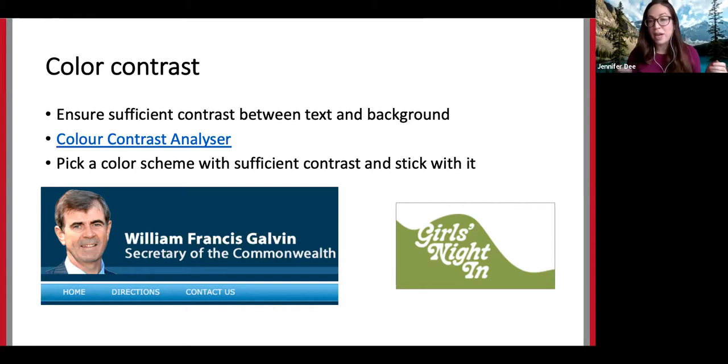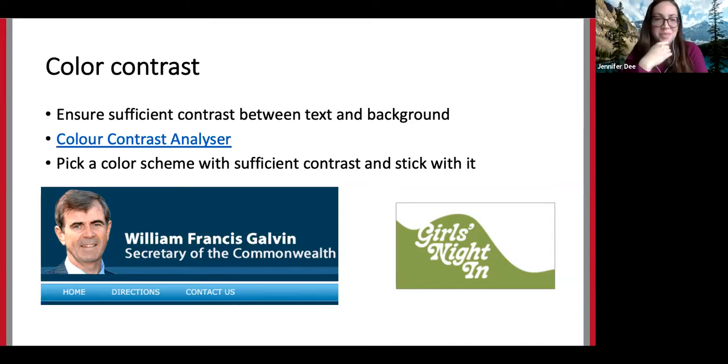So on the right, I have a logo from an organization called Girls Night In. I included that one because first of all, it's an organization I like. And second of all, I find a lot of stuff that's marketed to women typically sets off my color contrast radar. Did you guys check this? So we can check for ourselves and think about that. And then on the left, I included a screen grab of the voting website for Massachusetts, where I've spent a lot of time lately checking different things.